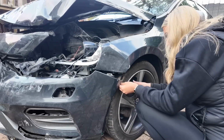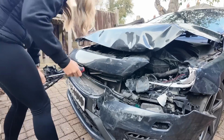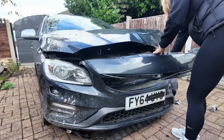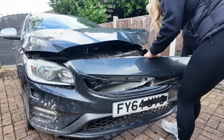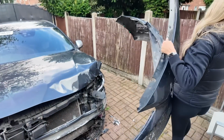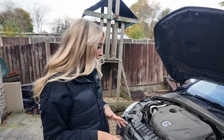But it's all well and good talking about MOTs, but realistically, that is a million miles away, and right now we need to get this front end stripped down. So out came the tools, and came a lot of pulling, a lot of snapping, and a multitude of swear words in the process. Before I start unplugging anything,